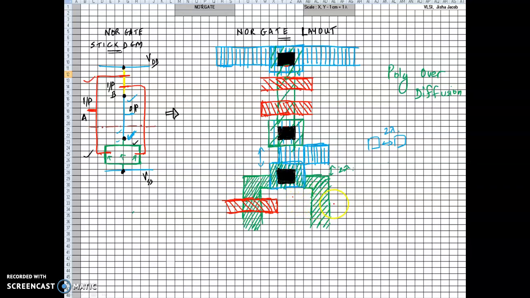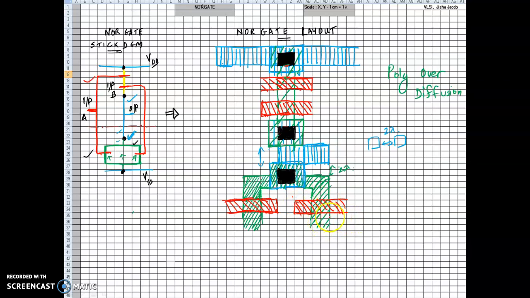Again, over the right side, you have the other input or the other transistor, that also 2 lambda extending out of the channel, polysilicon over diffusion. Okay, so far so good. Polysilicon over diffusion, and once again, please make sure that your lines are neat. Okay, I'm having a hard time drawing good lines. Right. Okay. Diffusion, polysilicon, the lines have to be slanting in the opposite direction as compared to N diffusion, P